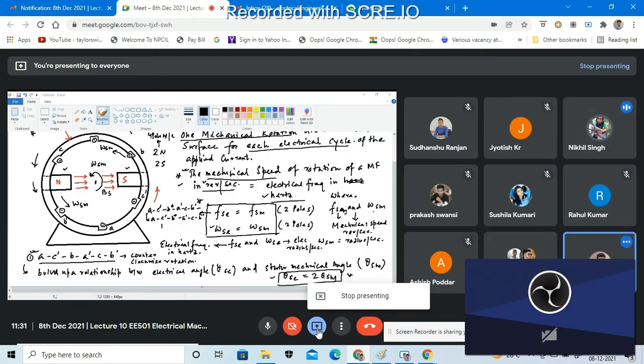Sir, I have a doubt. Yes, tell me. Sir, the relationship between both: the electrical angle is two times the stator mechanical angle, right, sir? So sir, from the start, how did you derive it? I will derive it now, because I have drawn when the pattern is twice, then only this particular equation will come, otherwise not. First I have to draw these things, then I will justify how this comes. Okay, sir.